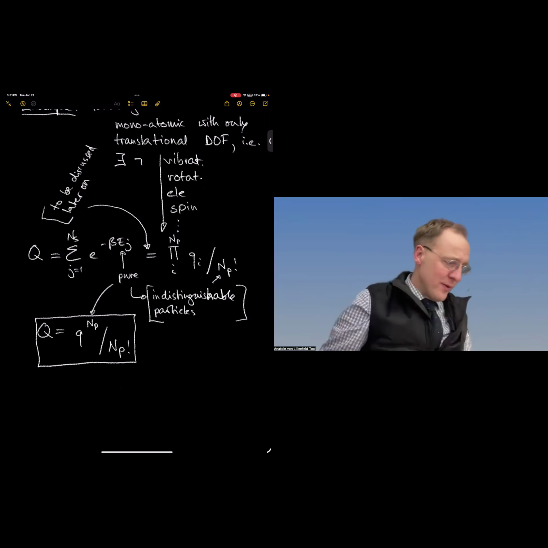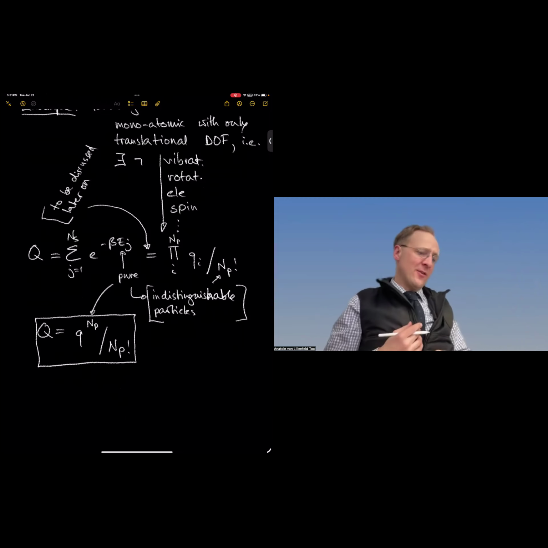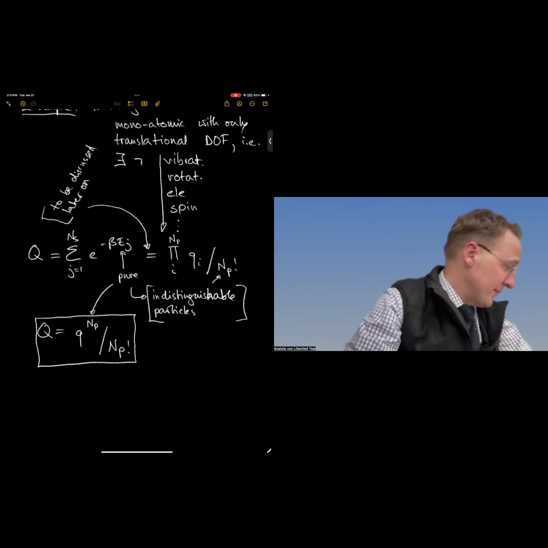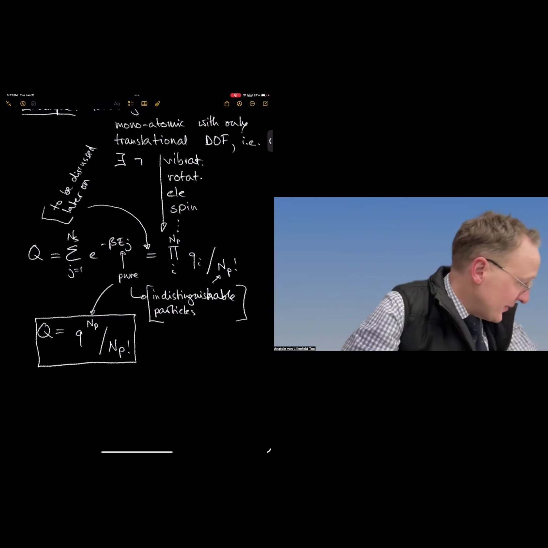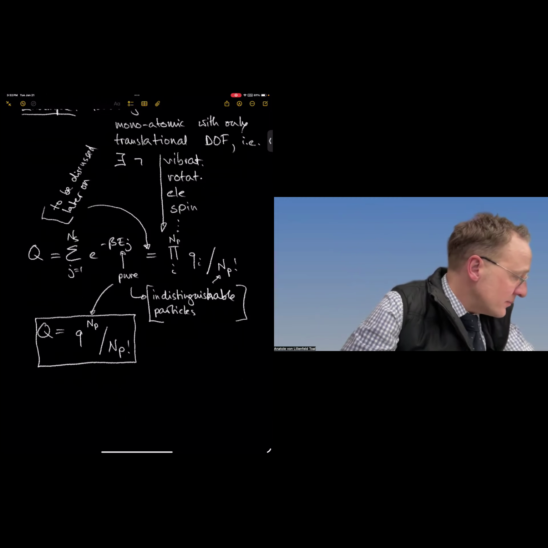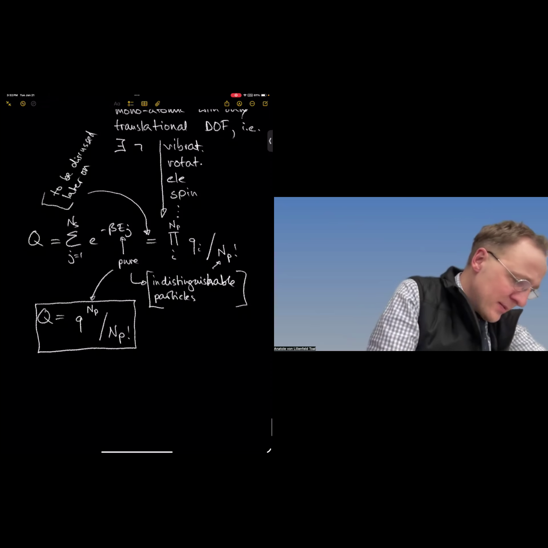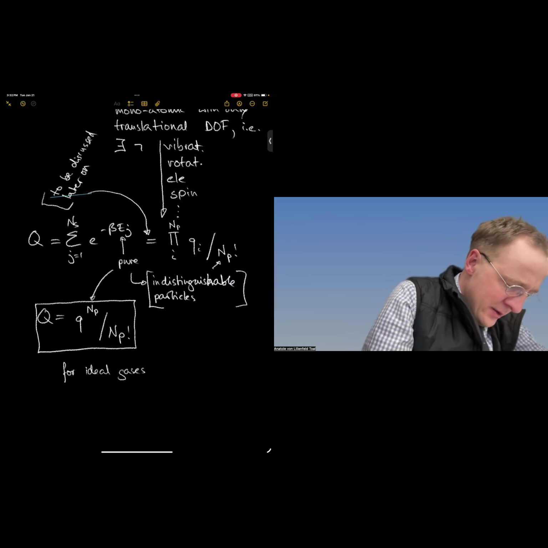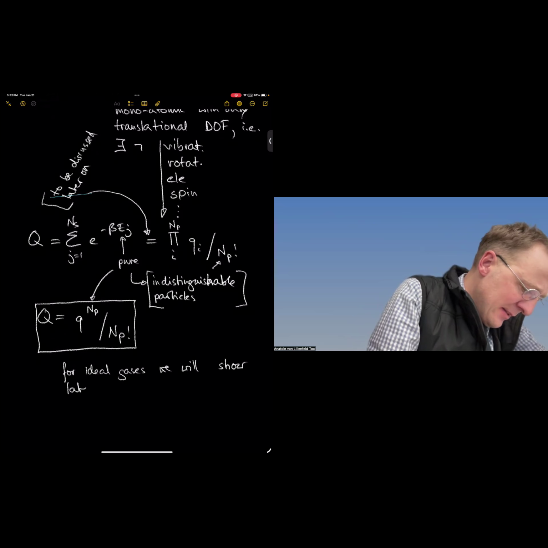So I have q to the power of NP instead of the product over different particle types. So the small q for ideal gases, we will show later in the course